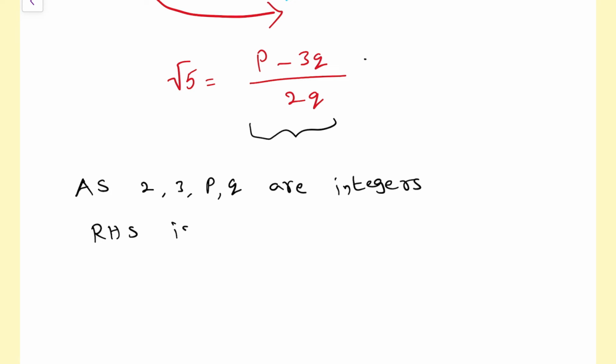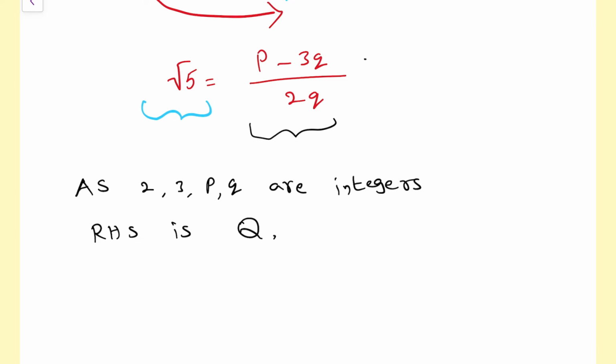RHS is rational. So in place of p and q, whatever number you want, you substitute from the integers completely. Always this right side part will get a rational number only. And already in the condition we took that q is not equal to 0, the denominator should not be equal to 0. So next, coming to this LHS part,